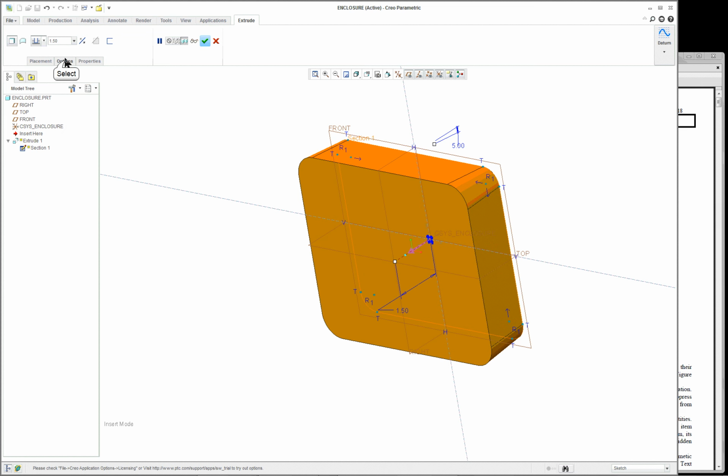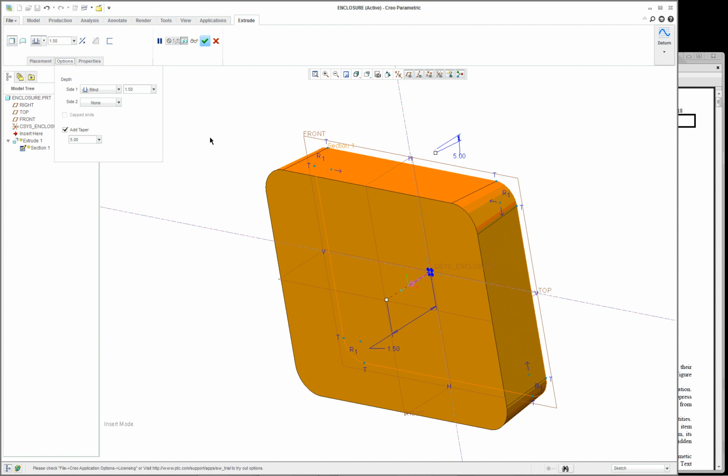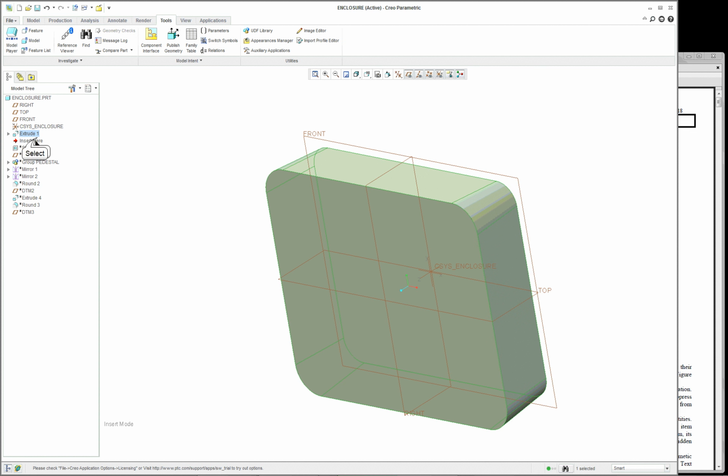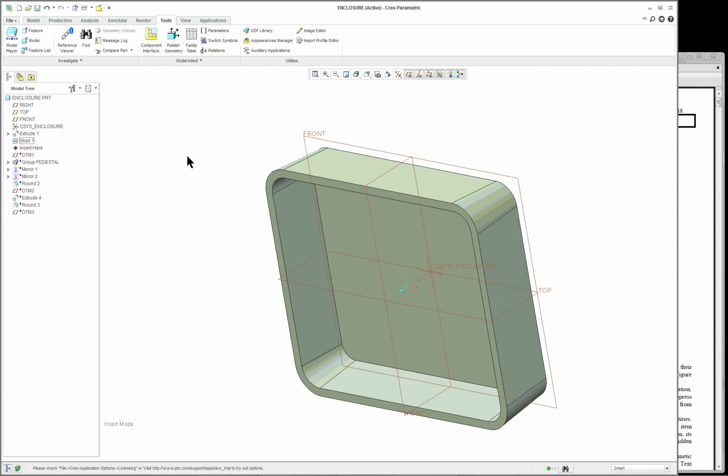Now, one of the things we did is we used the capability of adding a taper. Those of you who have seen or used Pro Engineer in the past, the taper was not available, so it is on the Creo software. Now, next thing is we shelled it,